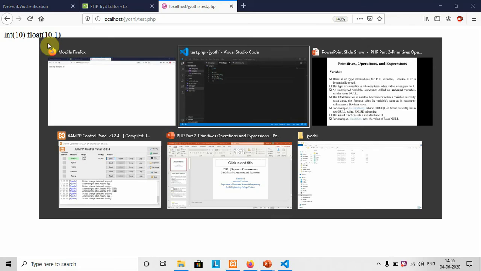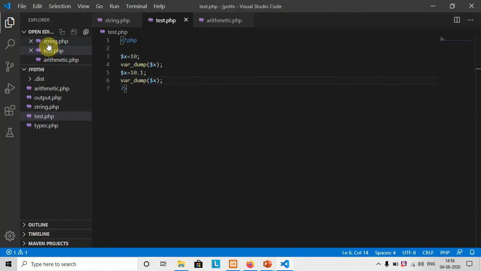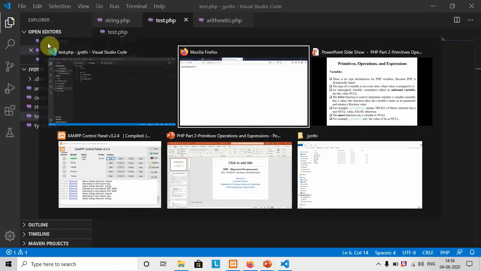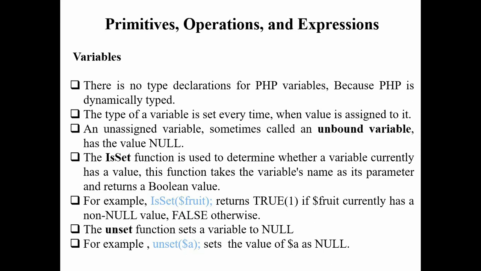What are we going to get? You can see that initially it is an integer, but later we have converted it into a float, that is a double. The same process applies for any type of variable. In PHP there are no type declarations because PHP is dynamically typed, so the type of a variable is set every time a value is assigned.